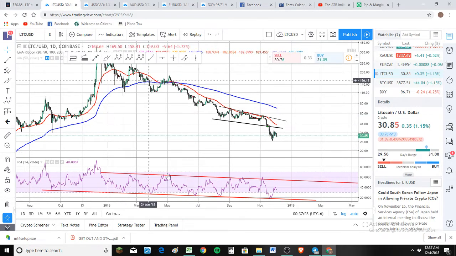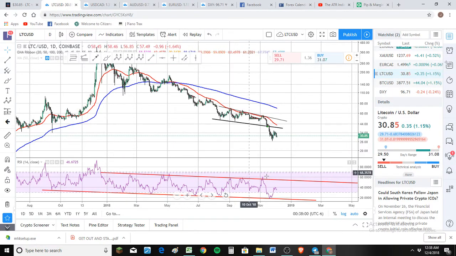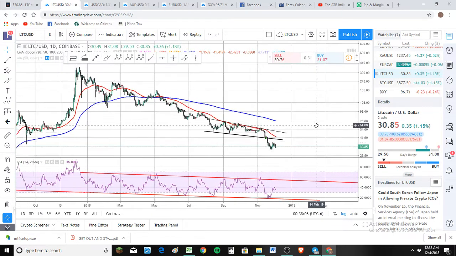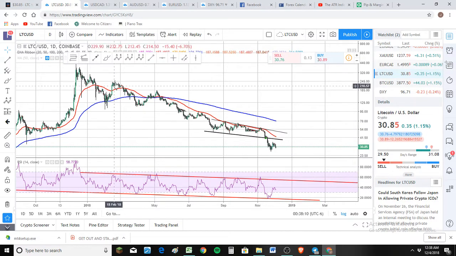So yeah, it's been channeling here, and every time it gets up to the top part of this trend line, it comes back down. So if we look on the chart to where it correlates, right here, this peak correlates with this peak, so it came all the way down to the trend line. Now sometimes RSIs will come down to the trend, and then they'll come up a little bit and then keep on going down.